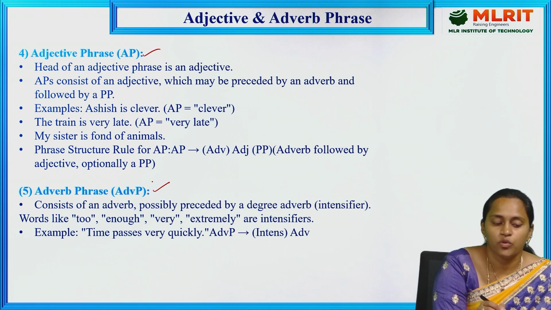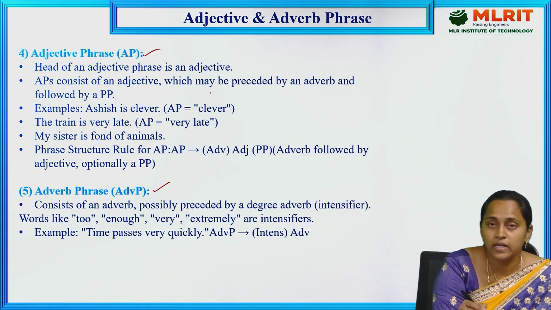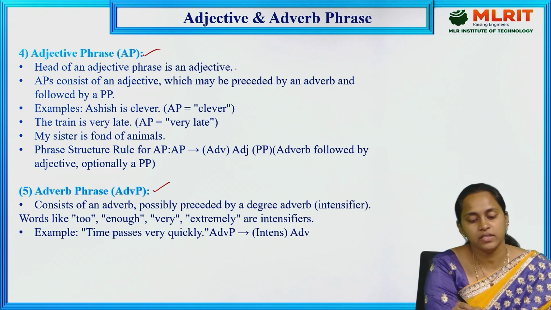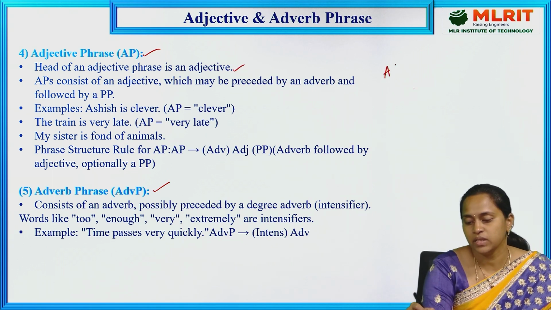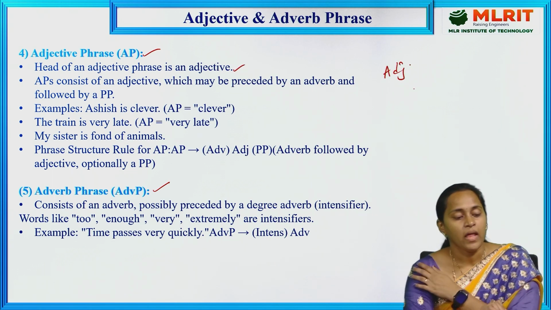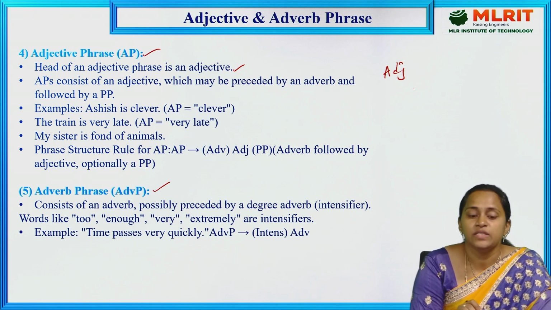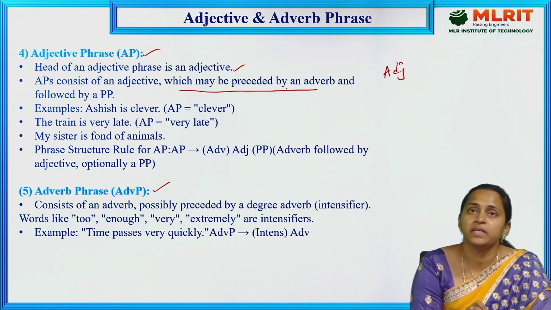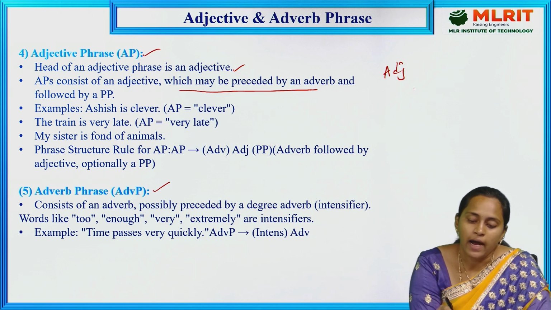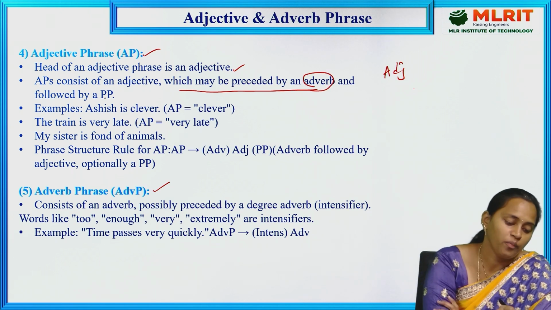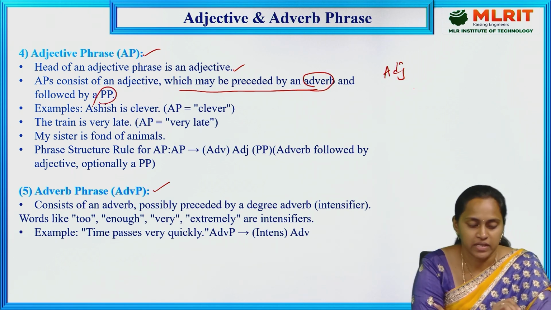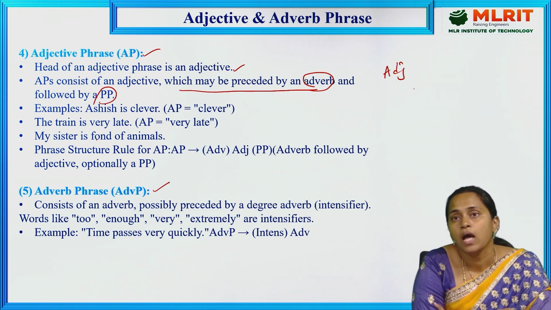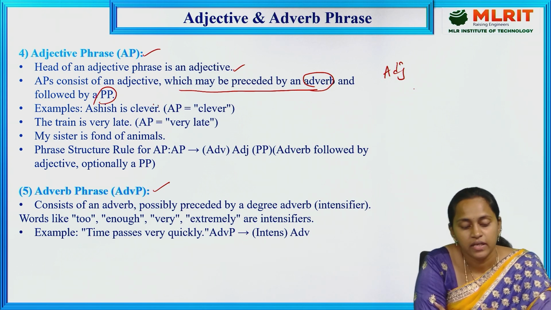Let's see the fourth one, adjective phrase. How are we declaring an adjective in a phrase structure? The head of the adjective phrase is an adjective, that means ADJ. It consists of an adjective which may be preceded by an adverb and followed by a prepositional phrase. Here see the example: Ashish is clever. Here what is the adjective? Clever is the